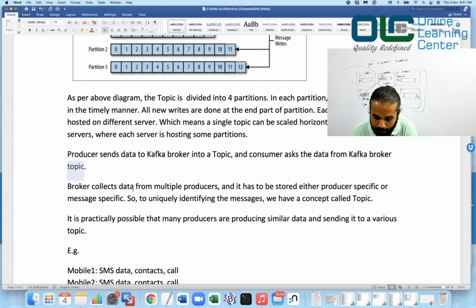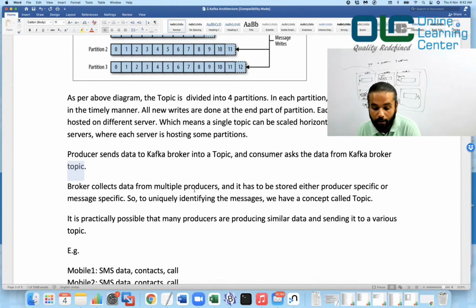Next, the broker collects data from multiple producers, and it has to store it either producer-specific or message-specific. So to uniquely identify the message, we have the concept of a topic. In real time, you will have a lot of producers producing data, and all this data would be stored in the server, the broker. Now you need to identify what kind of message it is, and that is the reason we have the concept of a topic.